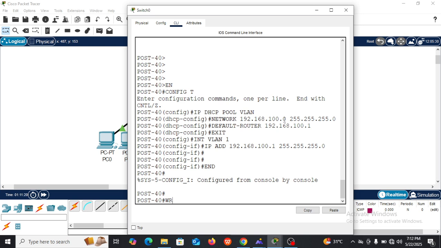Because the host can be 1, 2, 3, 4, 5, 6, 7, 8, 9, 10 up to 254. So that's why they give us 1 here. The switch itself has taken 1. So the IP address that will be given to all the hosts over here should be 2, 3, 4, 5, 6, 7, 8, 9, 10. It doesn't matter what it gives, between the range of 2 to